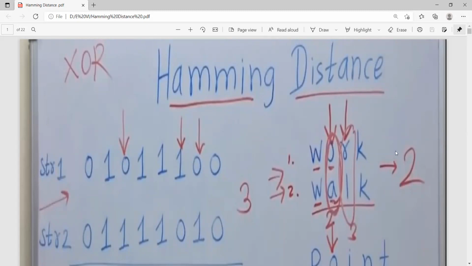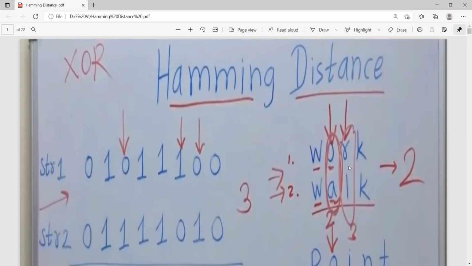The size of these two must be equal, so you can compare each bit. The first bit is equal, therefore there is no error. But in the second position, this is O and here it is A. So there is a mismatch of these two letters, therefore here is one error.